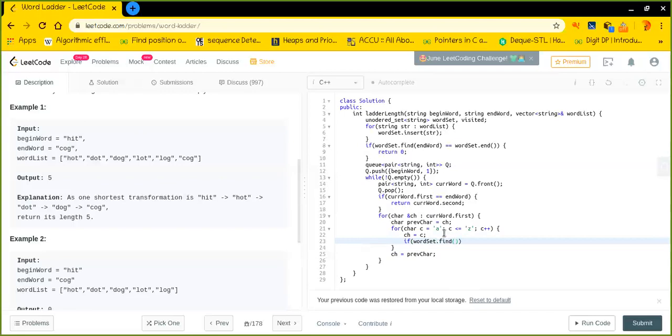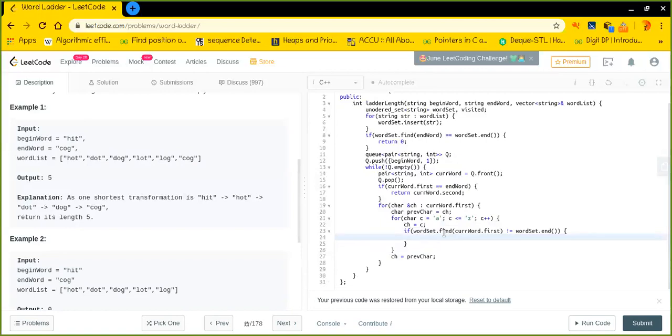So the string is basically current word dot first, isn't it? If it contains, then only I can move forward. Then only I can take that, and I will see if it is already visited or not. Is it visited?